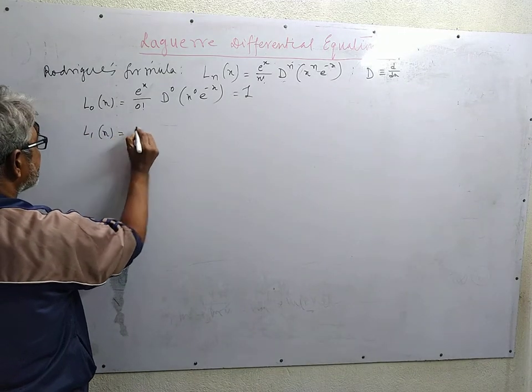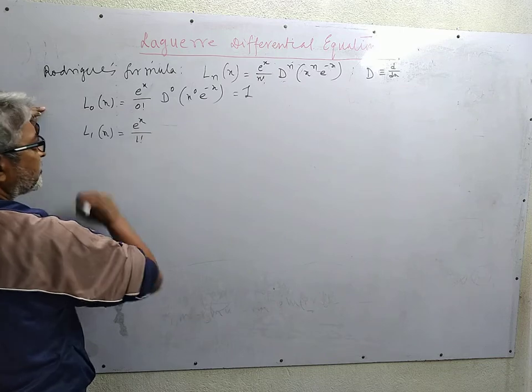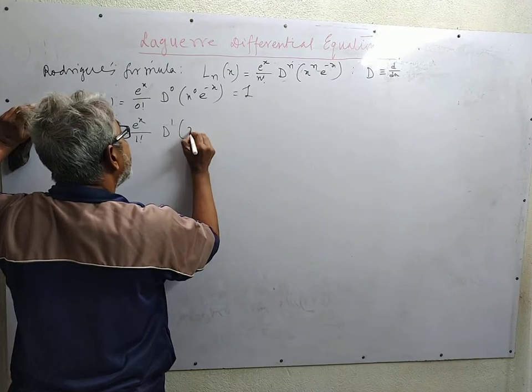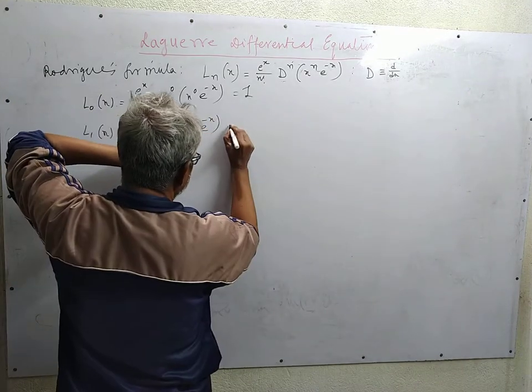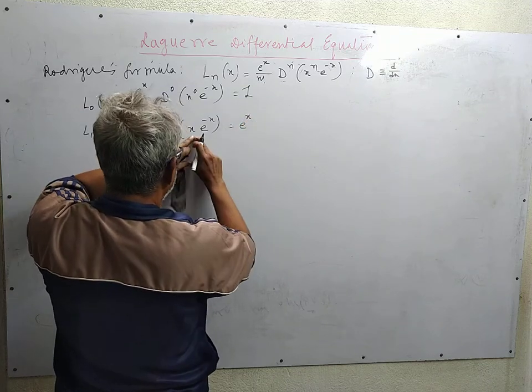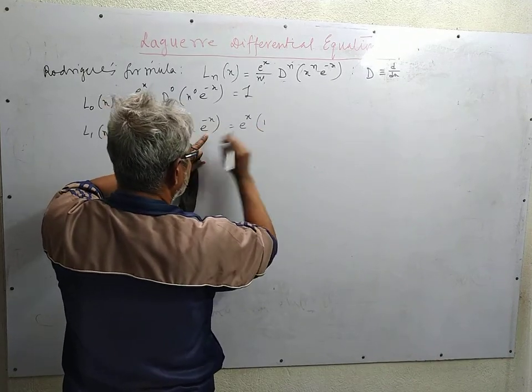L1 of x is equal to e^x by 1 factorial, d of x e to the power minus x. So it will be differentiated once. This is e^x, and when we differentiate it we get 1,